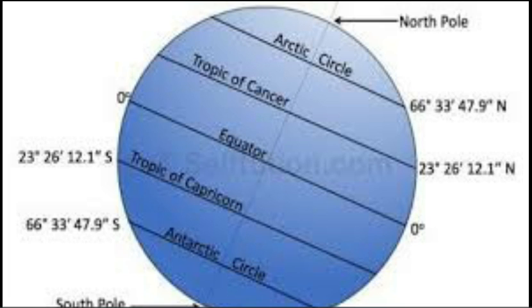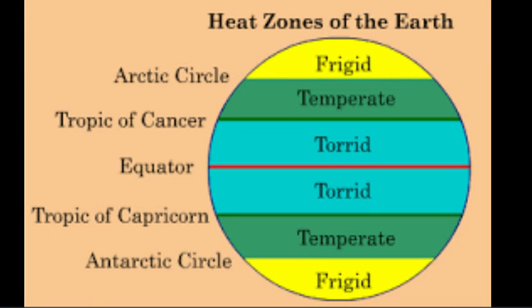These latitudes divide the world into three heat zones. Rays of the sun reach Earth vertically or almost directly overhead only within the tropics on either side of the equator. These zones are torrid zone, temperate zone and frigid zone. Torrid zone lies between the Tropic of Cancer and Tropic of Capricorn. As the sun rays fall here vertically, this zone receives the maximum heat. The word torrid means hot.